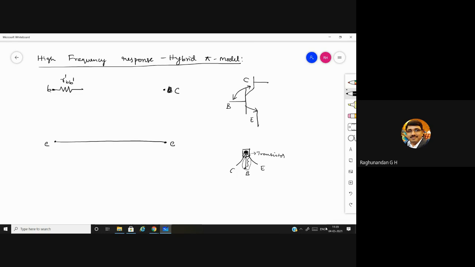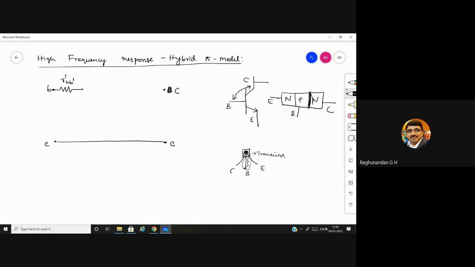Now, after this, between the base and the collector, do we have any junction between these two? Okay, we'll write the block diagram approach. NPN: emitter, base, collector. Now, from the base to the collector, we have a junction, right? Whenever a junction occurs, we have already discussed that some kind of capacitances come into the picture.